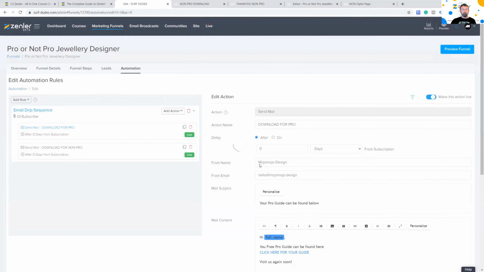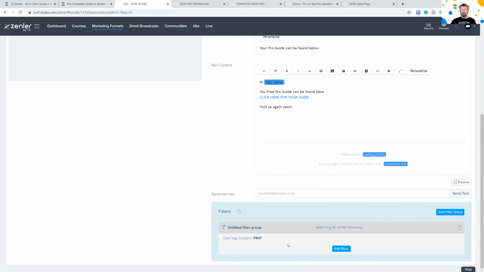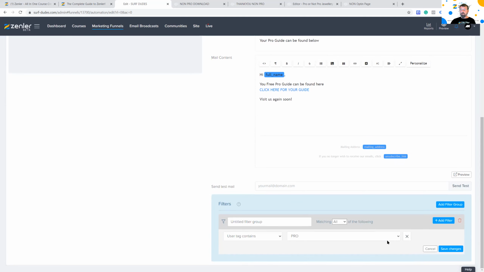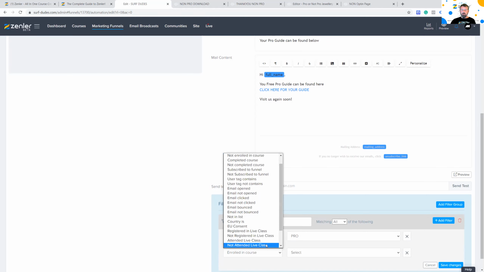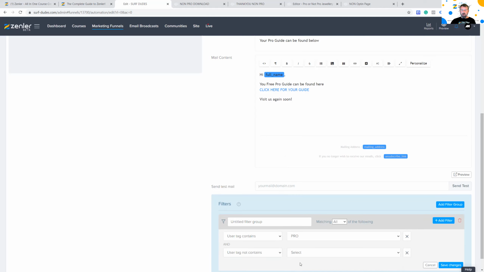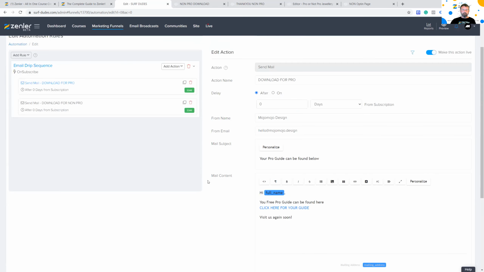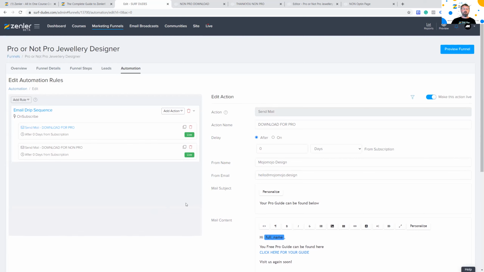This is something that a lot of people don't actually use down here, but it's very powerful. So you can actually go and add more filters in here if I wanted to. I could add another filter. So I could say user also contains, or does not contain, and then I could select pro. So this is basically sending out just to pro and not to pro. So user tag does not contain non-pro, then it won't send out. And you can get rid of those filters by clicking in here. Okay, you can also name this filter group if you wanted to. So that is how we can do this using funnels.